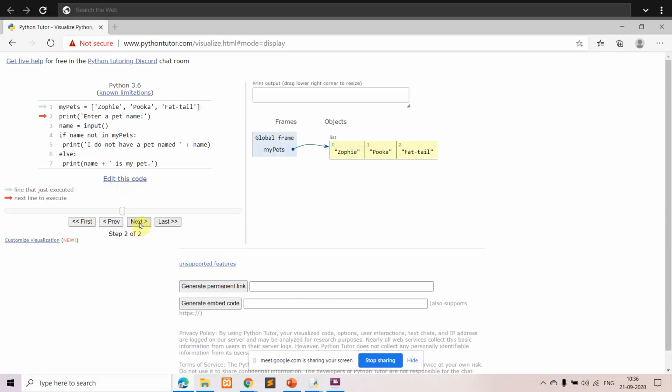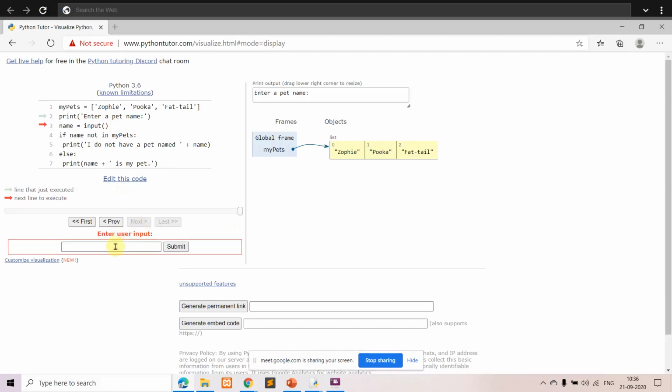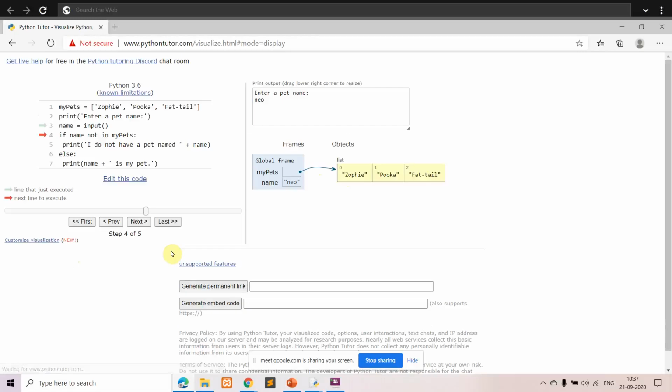Again, same thing, enter a pet name, you're asking the user to enter a pet name. I've given the name Neo, but in your list you have the names Zophie, Pooka, and Fat Tail. So I have given a name which is not there in the list. Now we'll see what happens. I'll give submit.